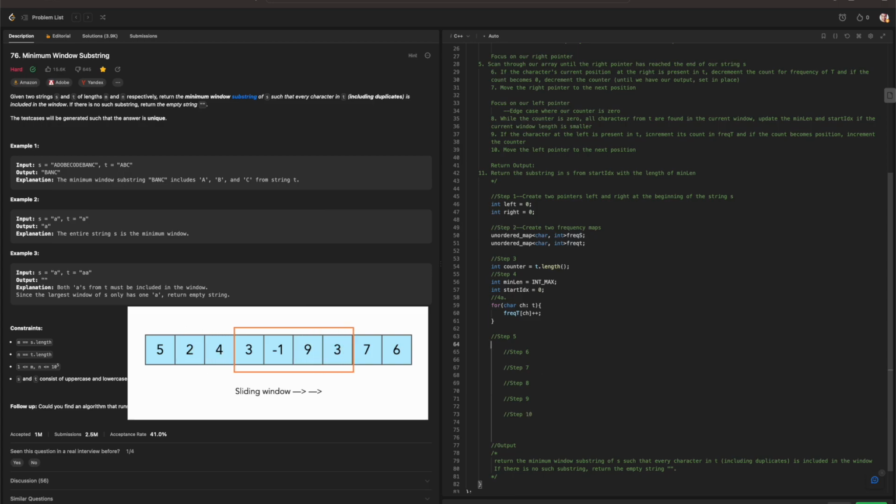So, for step 5, what we're going to be doing is that we're going to scan our right pointer, and it's going to be less than s.length. Then, step 10, we will do this. For step 6, if the frequency of t count relative to s right